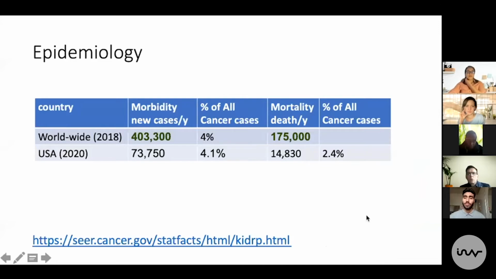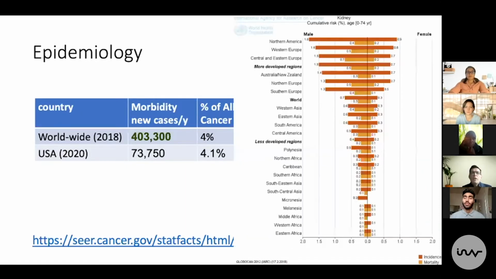Actually, it is thought to be quite seldom, but it is about 5% of male cancers and 3% of cancers in women all around the world. And thus it's about the seventh most common cancer in men and the 10th most common cancer in women. You can see on this picture that it's more common in males, about twice as common as in females. And interestingly, it's much more common in the developed areas of the world,